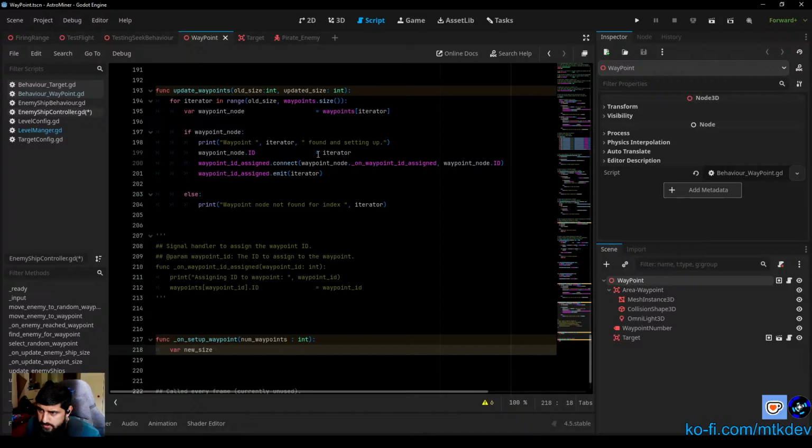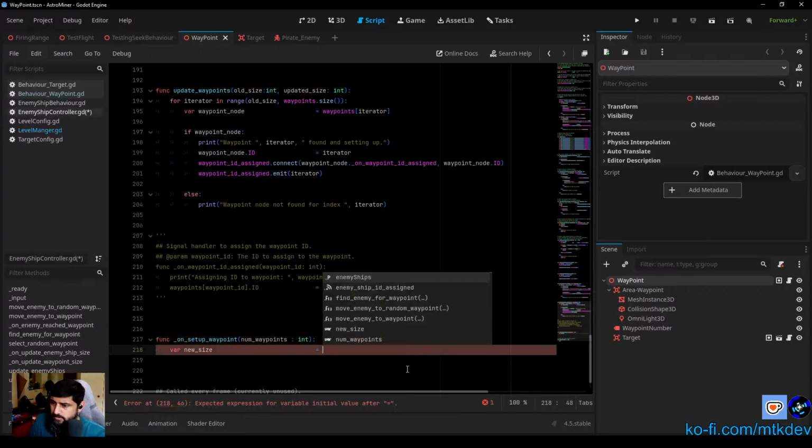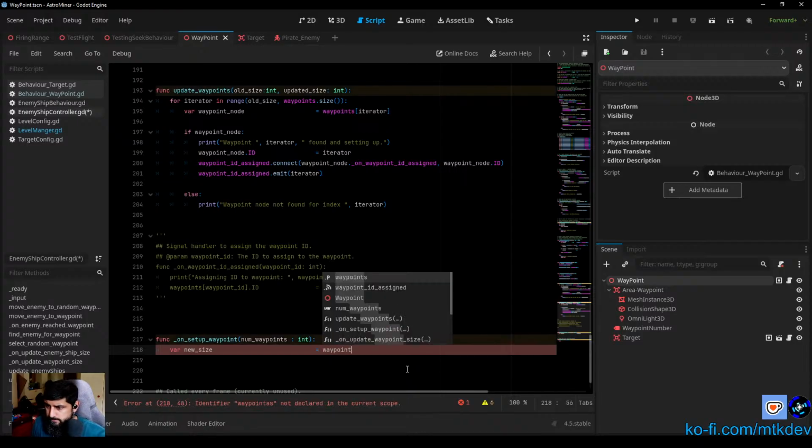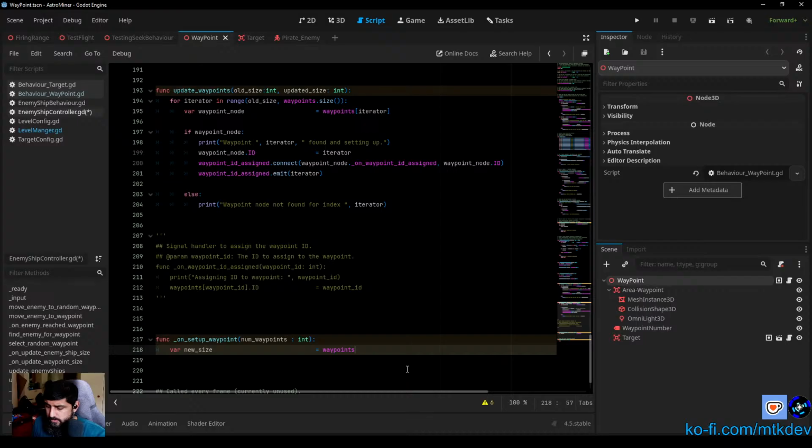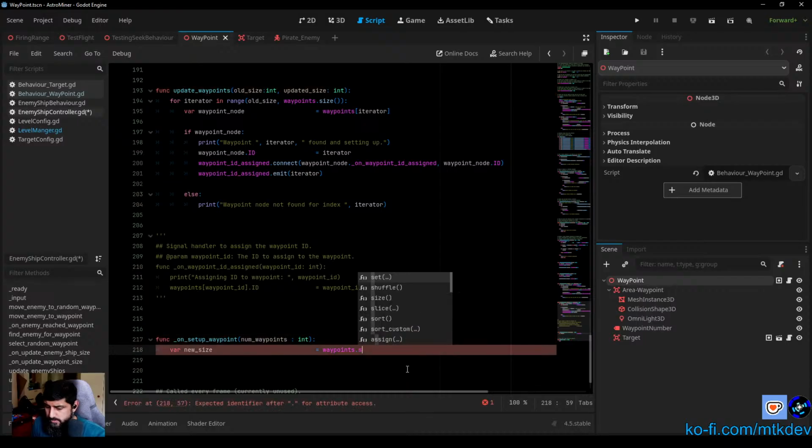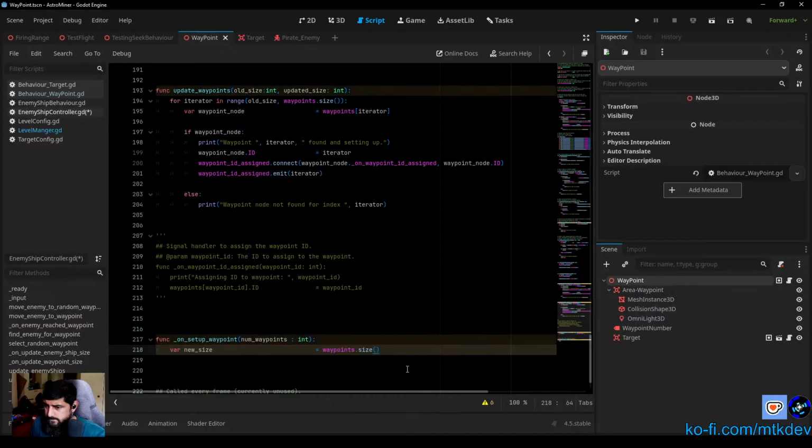Column is 46, so we'll go column 46 and we'll say waypoints dot size plus num waypoints,